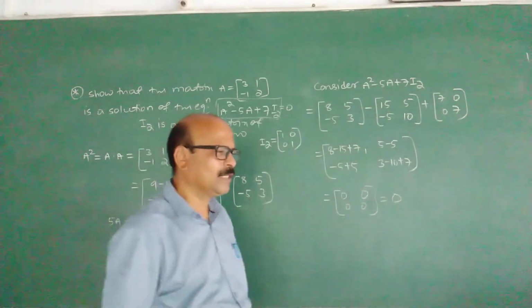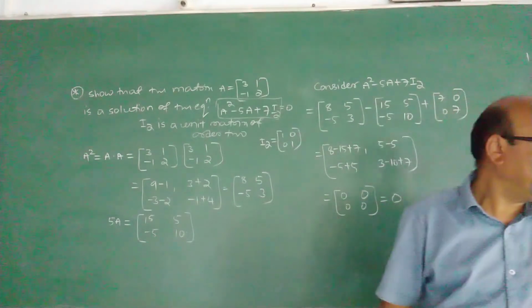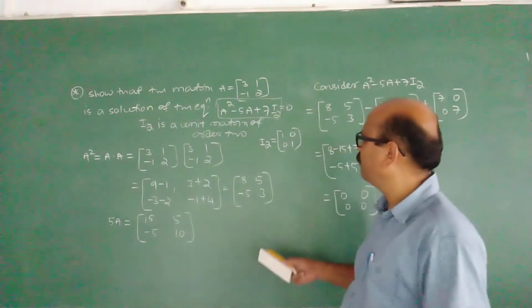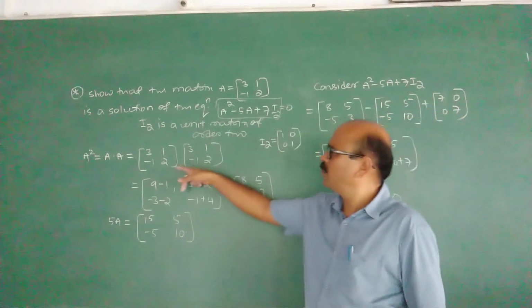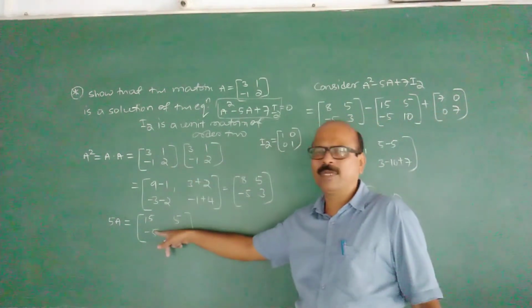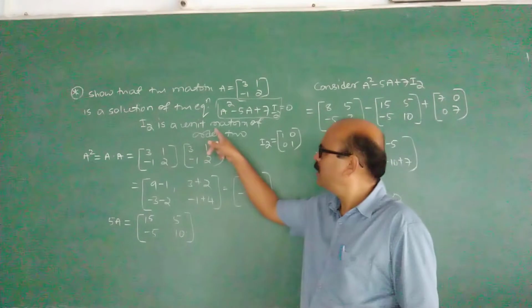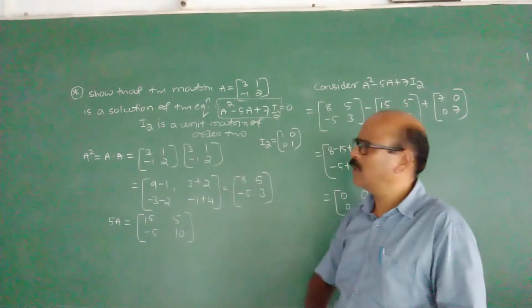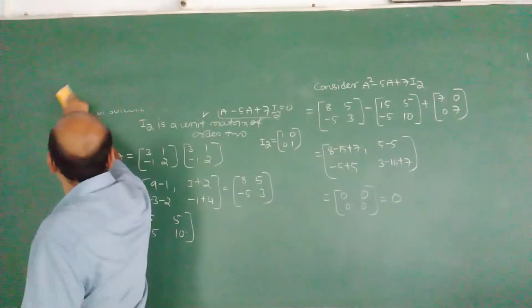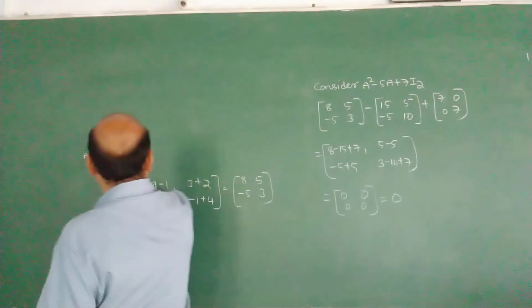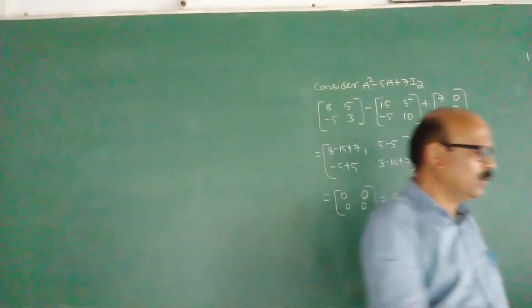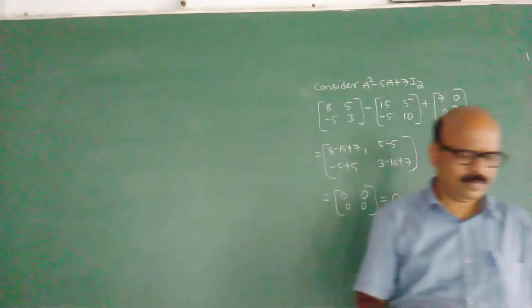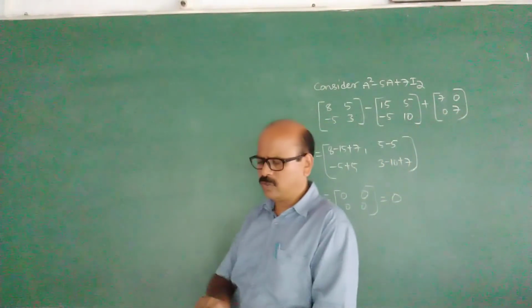So these are some types of problems, and it is only revision. And I have taken this problem because it involves how to find out product and scalar multiplication of a matrix, and what is identity matrix, and so on. Now try to solve some more examples here. I give the examples. Try to solve this.